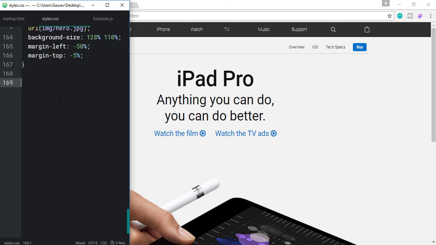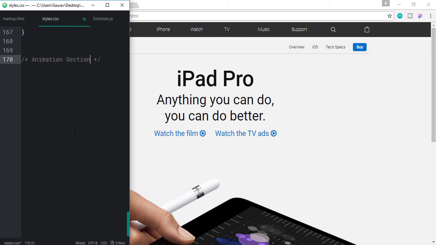So let's make a comment here with the animation section, and in that let's select all those elements.